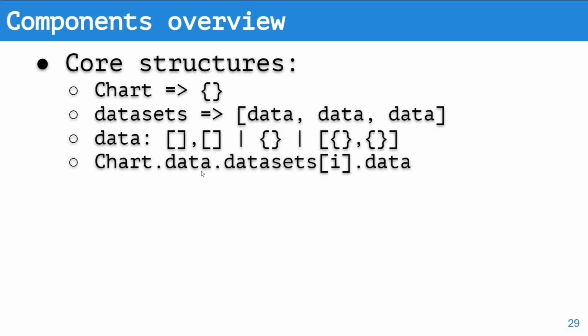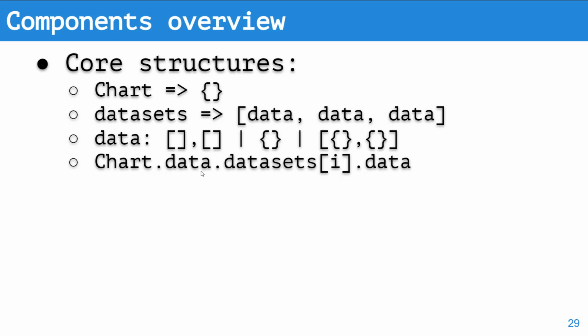So there is this thing called chart.data.datasets.data. And so what you have to do is just be aware, okay, which data am I dealing with? Am I dealing with the high level chart data that has the title and subtitle of the chart? Or am I down at one series,